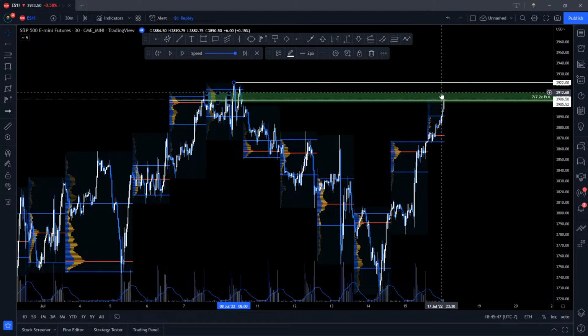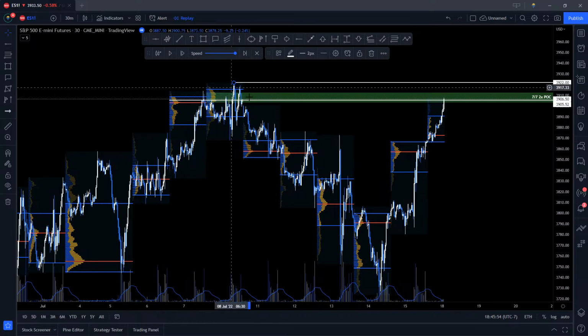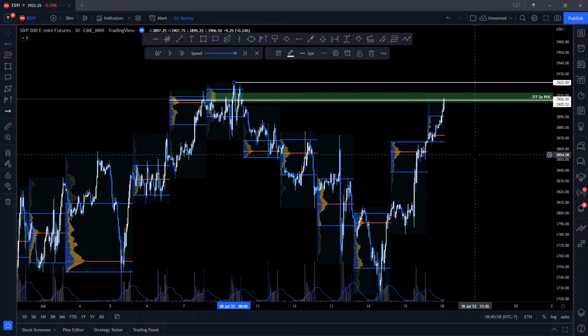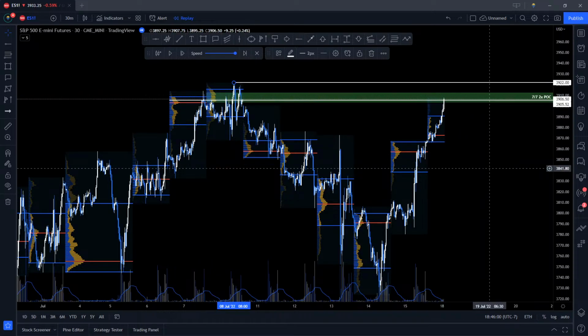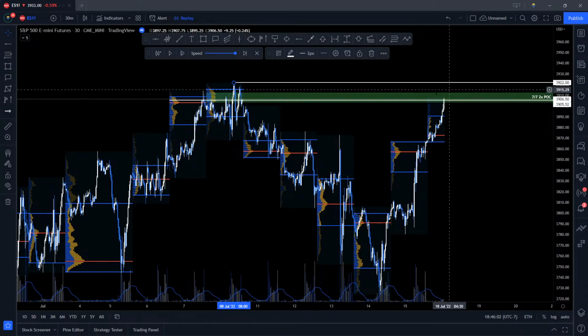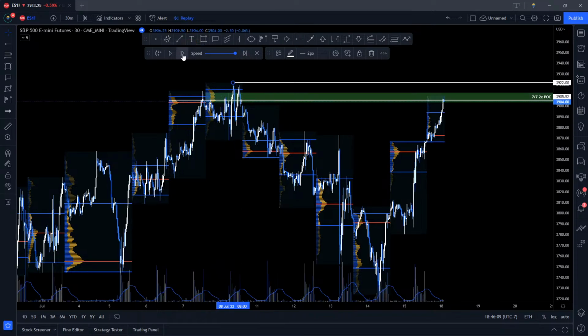So your risk to reward here, if you were to go long, is like 10 points, which isn't terrible, but I would not be thinking long in this area. This is going to be the retest of this, and you really want to be thinking short. And also, we know we have that virgin point of control here where a lot of sellers are going to be showing up. So if we fast forward a little bit,